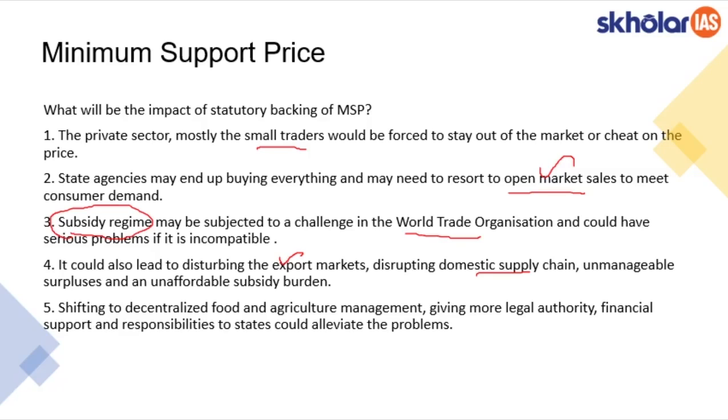So the supply chain would get affected, and the consumers would have to depend on these state agencies to release those stocks. And the third thing is, there would be too much surplus. As I said, if government starts buying everything, if the government is the only buyer in the market, then it would have too much surplus, and that would mean they have to bear the burden of financial